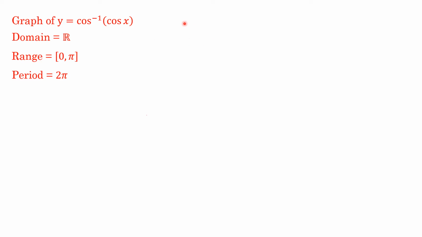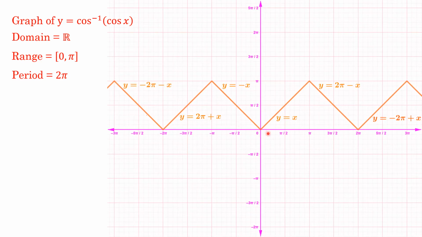So first let me take the graph of the function here. This is the graph of the function. You see here in the branch 0 to pi, when x is from 0 to pi, it is simply y is equal to x, because 0 to pi is the principal branch of the function cos inverse of cos x, and therefore it is simply y is equal to x. That is the line, this one. This time cos inverse of cos x will be equal to x, because x is in the principal branch 0 to pi. Then when we cross the point pi up to 2 pi, this is the next branch, from pi up to 2 pi,